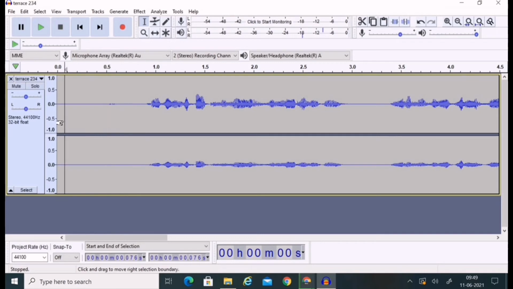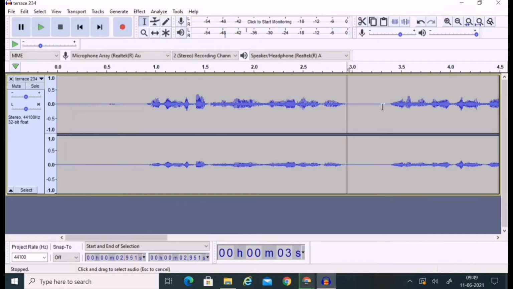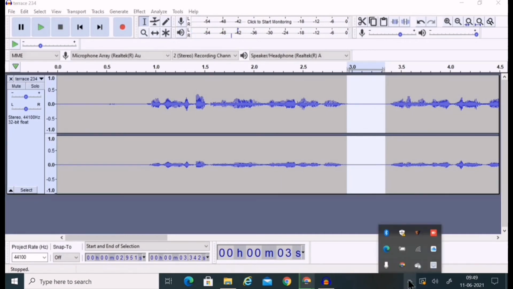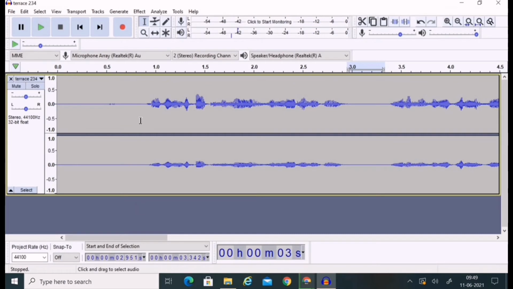Whereas that background sound of those bats, it's still remaining and I need that sound. But I don't need that noise. See, here also you can see. But if you don't want this noise also, now we will do. Let us hear this first.